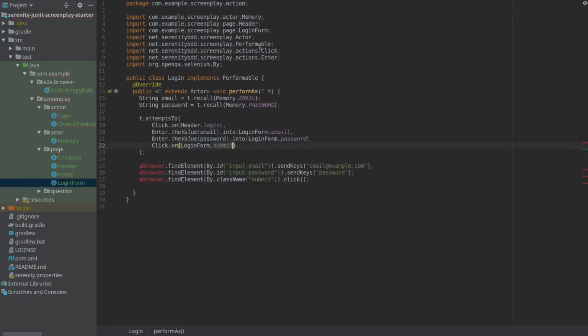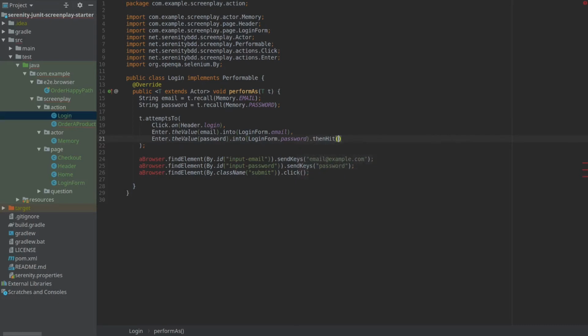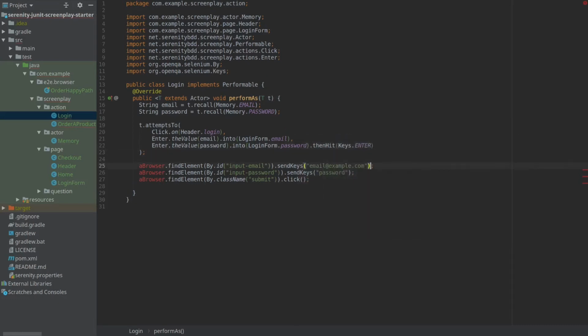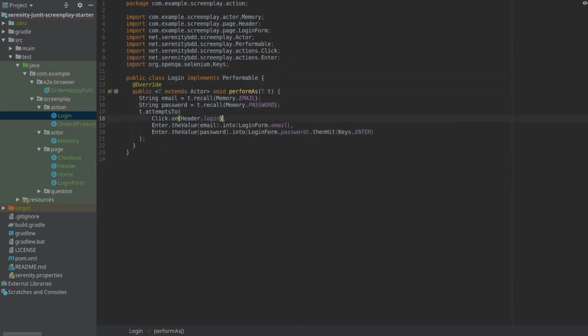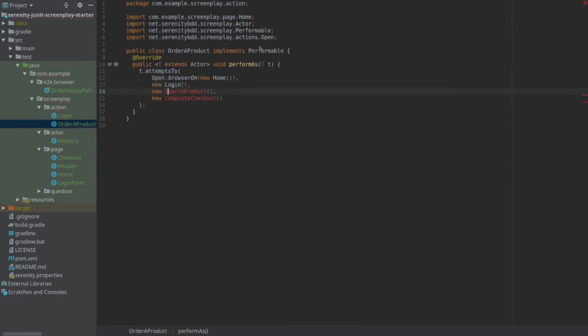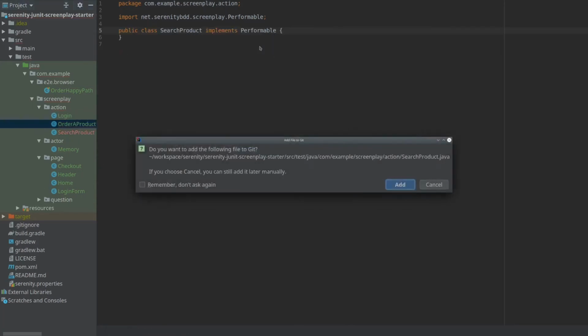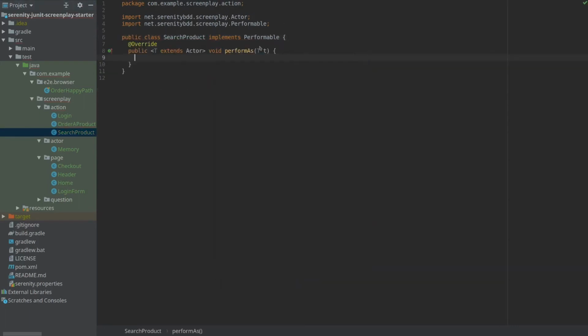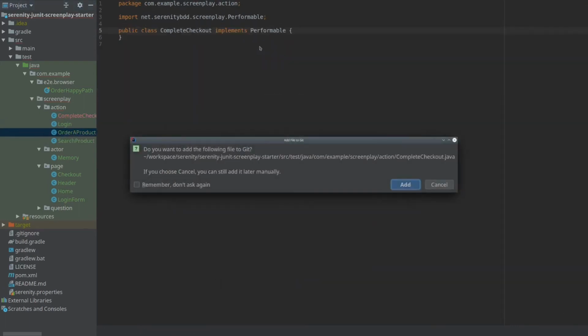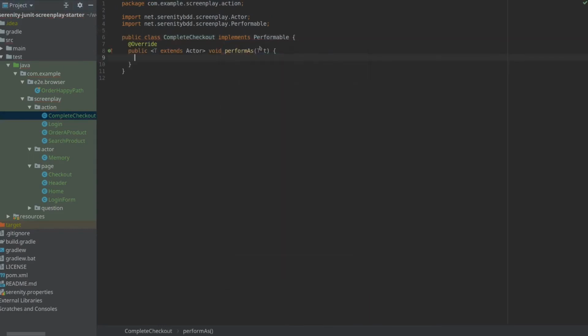And we don't really need to click any submit button, do we? Well, we just hit enter, done. That's our login action. So to keep it quick and simple, we skip a bunch of steps like adding the product to cart and just say, okay, we need to complete the checkout.